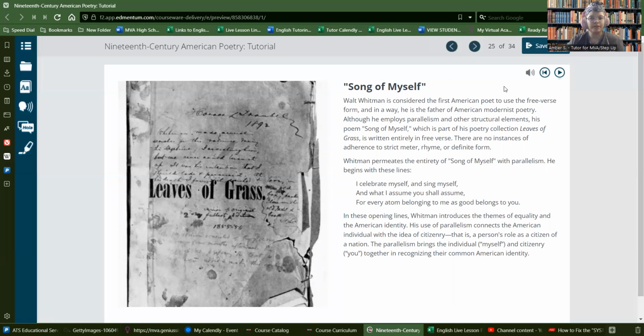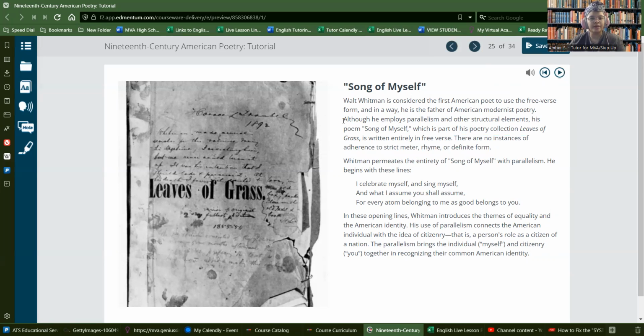His poem, Song of Myself, which is part of the Leaves of Grass book that we talked about earlier, is written entirely in free verse, and then they give you the definition of that. So there are free verses when there's no instances of adherence to strict meter, so there's no rhythm patterns to the words that are chosen or the length of the lines, rhyme or definite form. So you don't have to worry about rhyme or anything like that in the lines of this